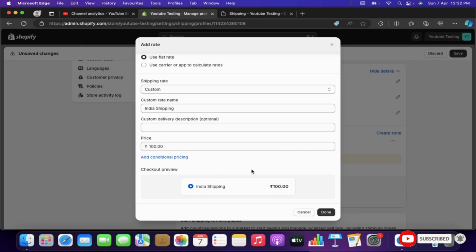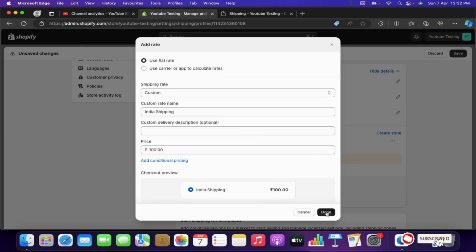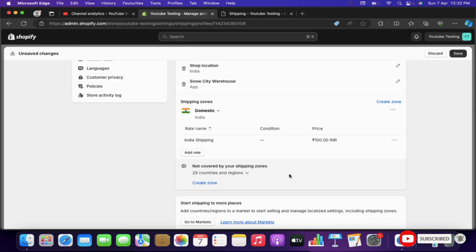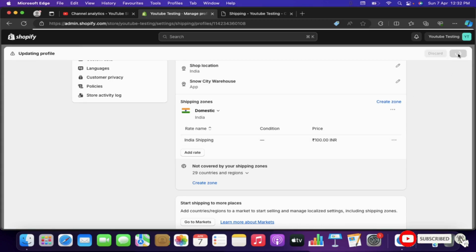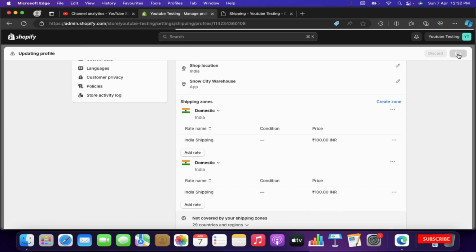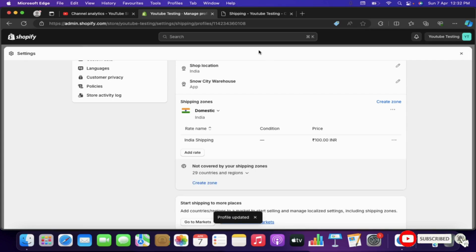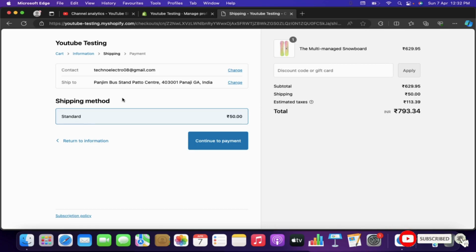So this is the checkout preview. Now let's click on done. So this is how we have created a shipping zone along with the price. So now let's click on save. So there we go. So guys, now let's come to this checkout page,